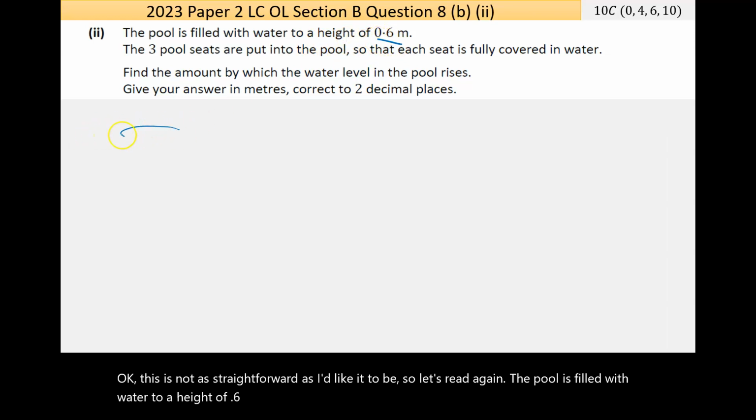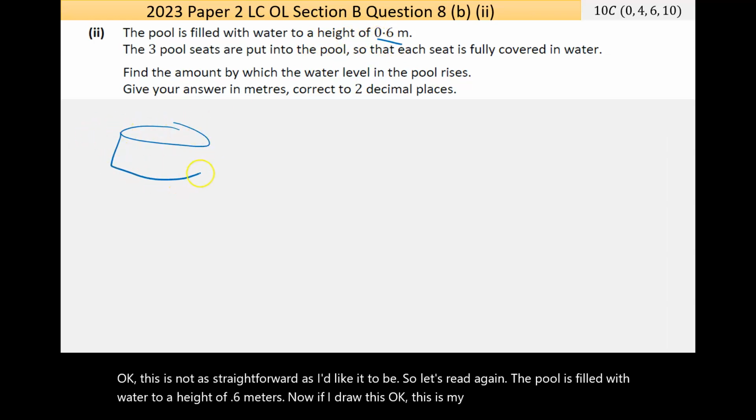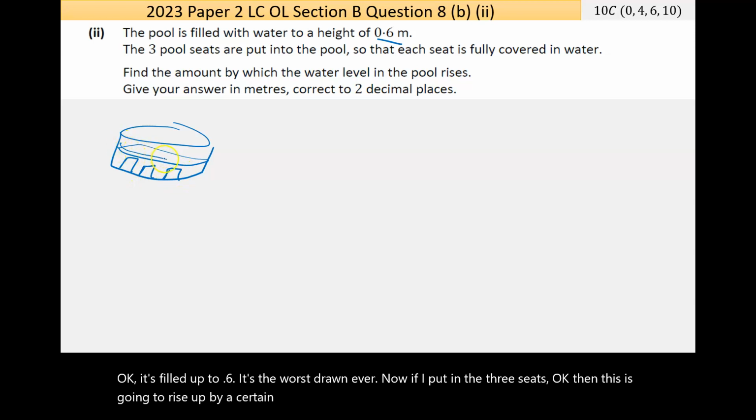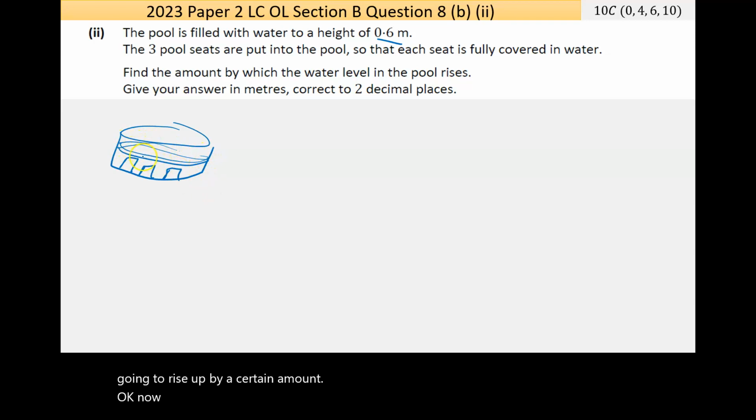Now, if I draw this, okay, this is my pool. It's filled up to 0.6. It's the worst drawing ever. Now, if I put in the 3 seats, then this is going to rise up by a certain amount. Now, in essence, that certain amount, now that I think about it, that certain amount is